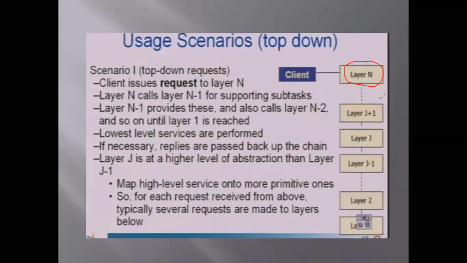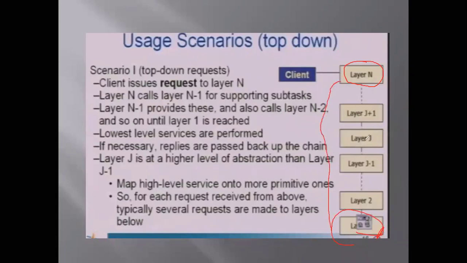Layer n calls layer n minus 1 for the supporting subtasks. Again, layer n minus 1 may call layer n minus 2 and so on, till it reaches the bottommost layer. So the lowest layer level services are performed,